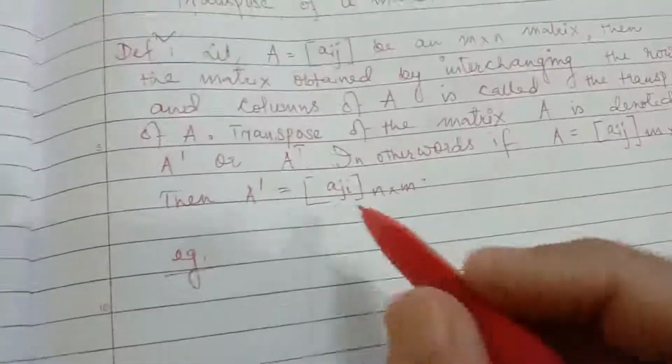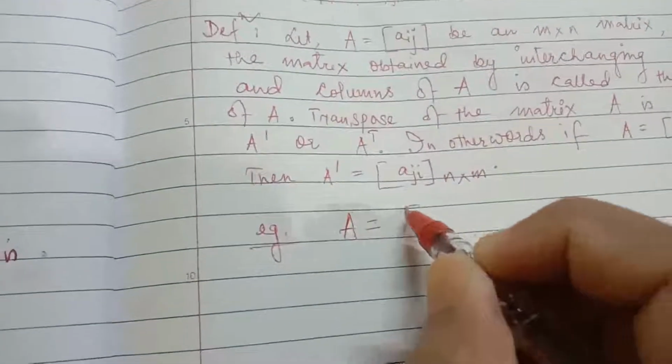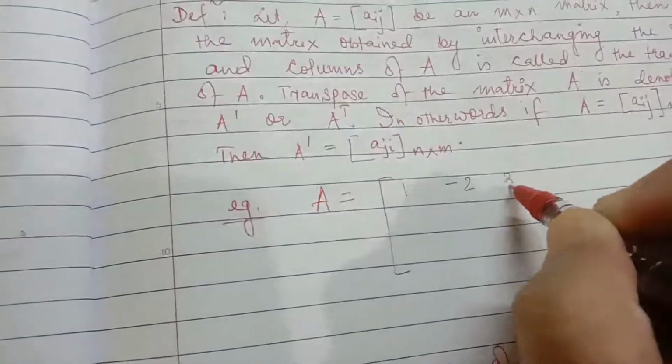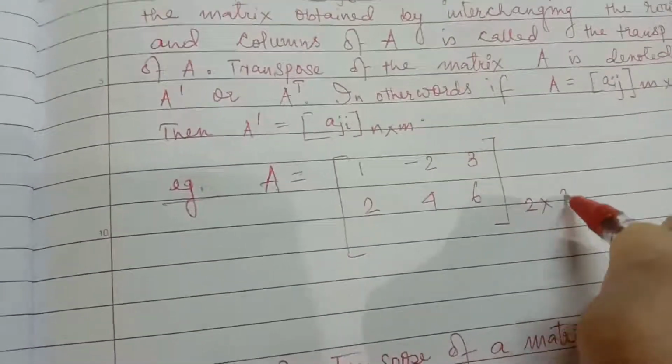Let me explain this with an example. Suppose the matrix A is equal to, say, [1 -2 3; 2 4 6]. This is a matrix. Order of the matrix is 2 by 3. Then